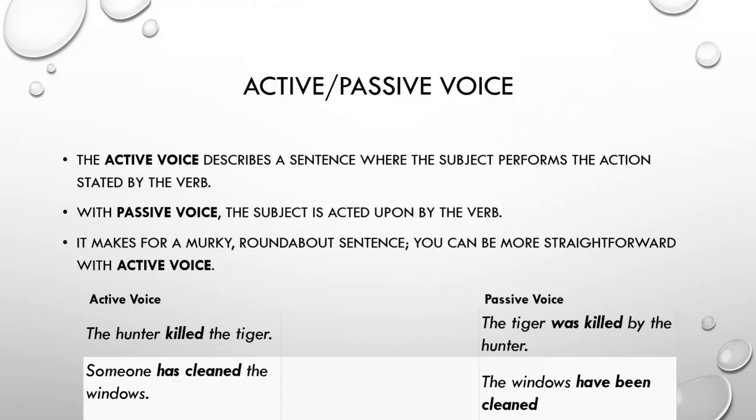And we look at the second example. Someone has cleaned the windows. So someone has cleaned the windows is the active voice. If you write the passive voice, the same sentence is written like this: the windows have been cleaned. So it makes a murky roundabout sentence. You can be more straightforward with active voice. Active voice is more